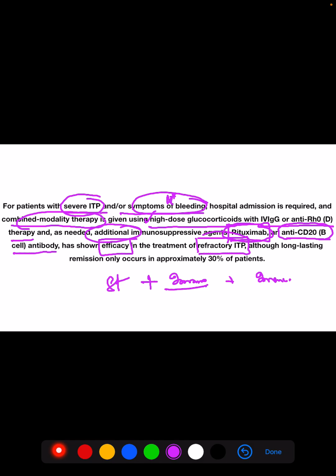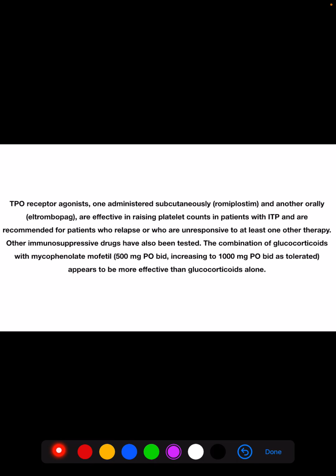In refractory ITP, though we give rituximab, prolonged remission occurs only in approximately 30% of the patients. And then if we take the TPO receptor agonist, that is thrombopoietin receptor agonist,